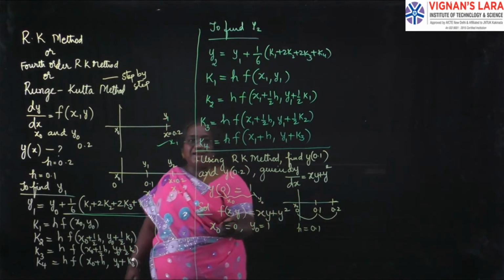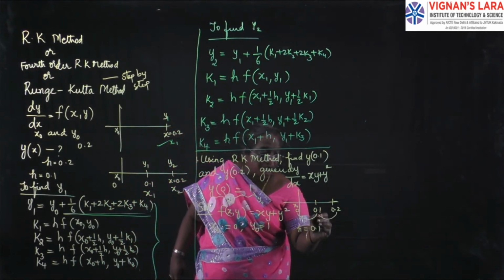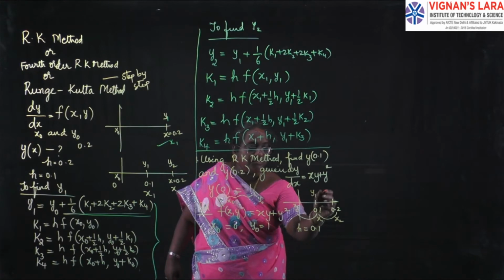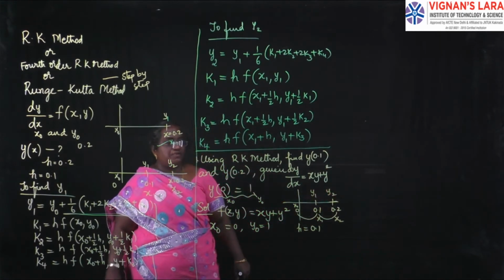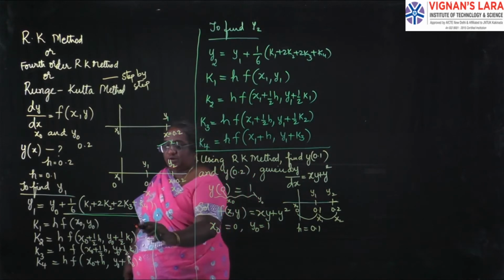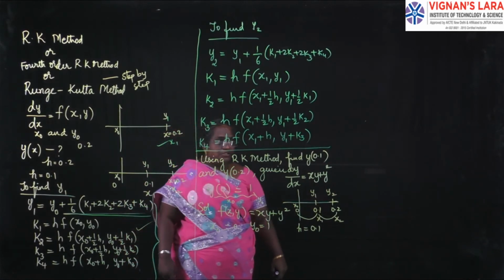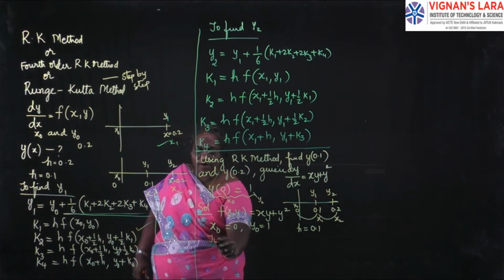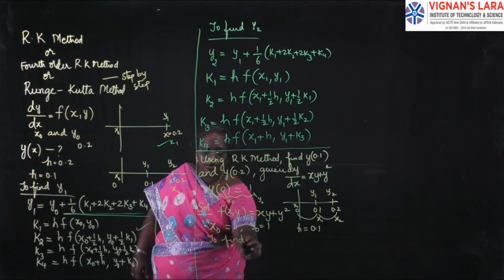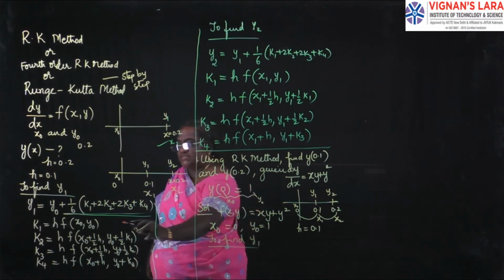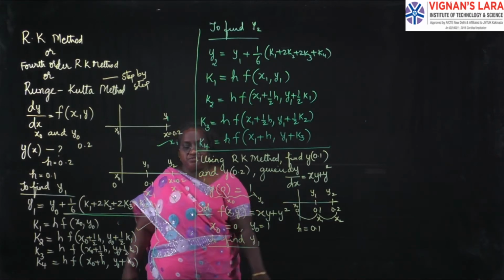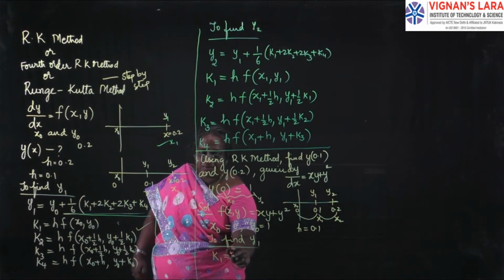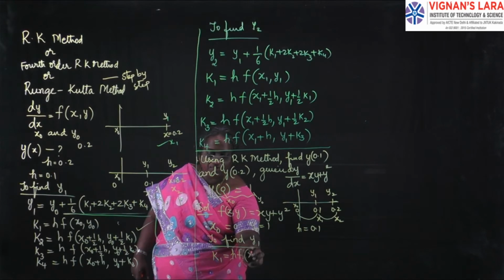So now we have to evaluate, means this is x naught, this will be x1, this will be x2. So correspondingly how many values we have to find? We have to find two values, y1 and y2. So to find y1, already we have this formula. So in examination you have to write the formula, entire set. So to find y1, I will be using the same set of formulae as written here. So what is that I need? K1. K1 is equal to h into f of x naught y naught.